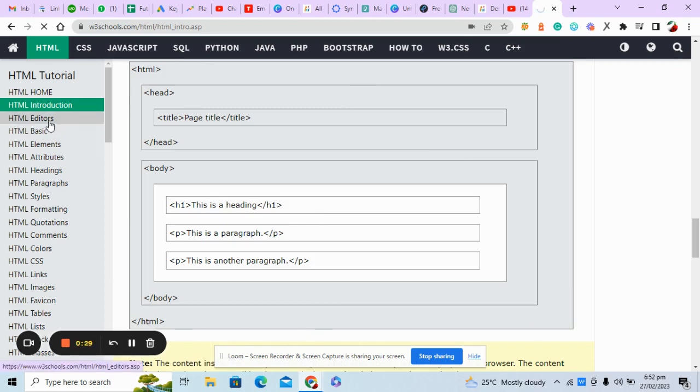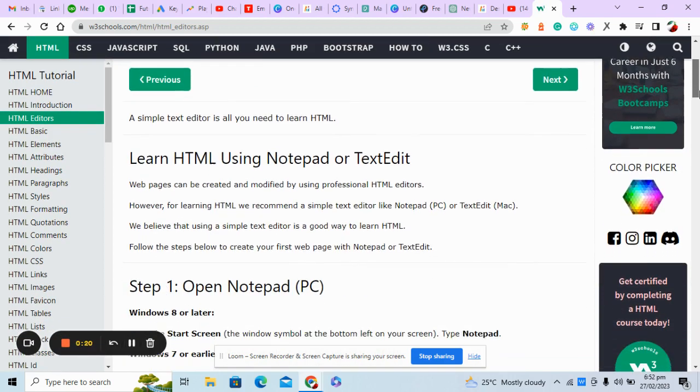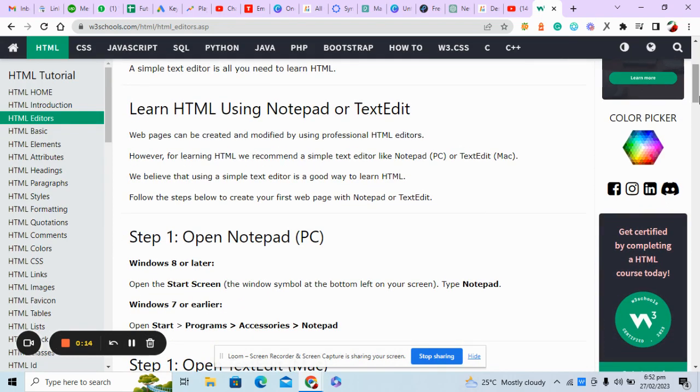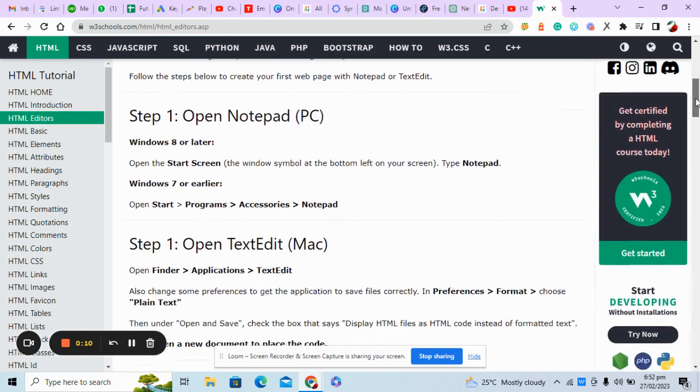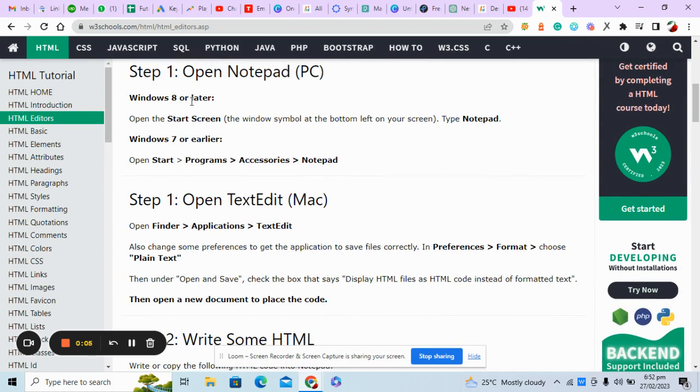So let's talk about the HTML editors. The best HTML editors are Notepad, which every computer has already, and TextEdit, Notepad++. So here you can see that if you are working through Windows, then you can go through the start, programs,